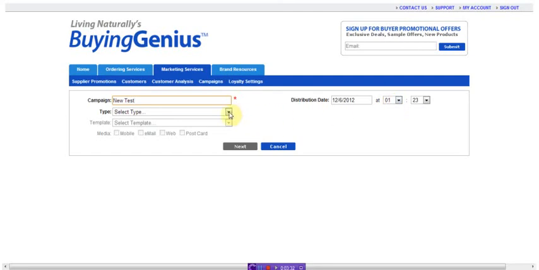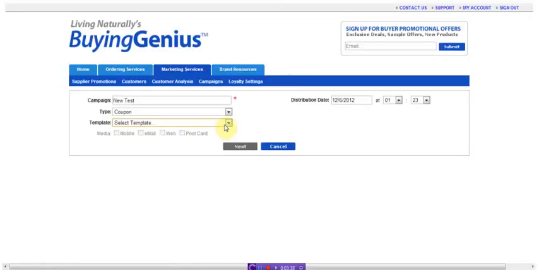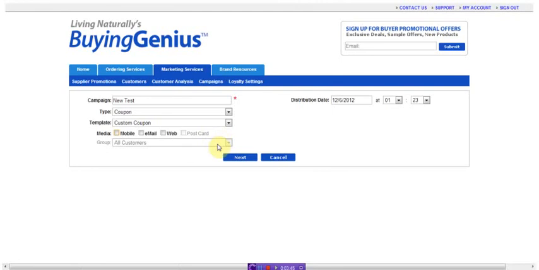In this case, we'll select Coupon. Then we can select the template we'd like to use. We'll do a custom coupon. Then we need to pick how we want this to send out. We'll go out to Media, by mobile, and email. Next, we'll select our distribution date,